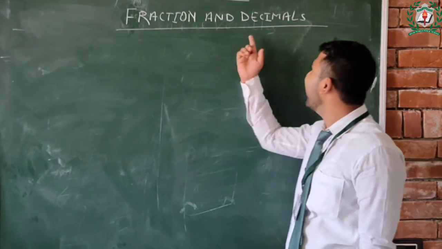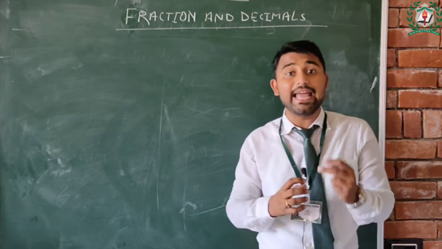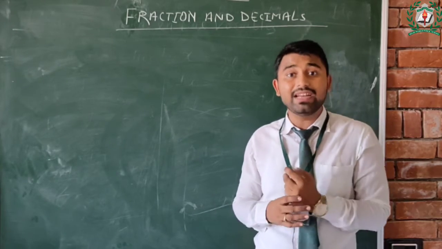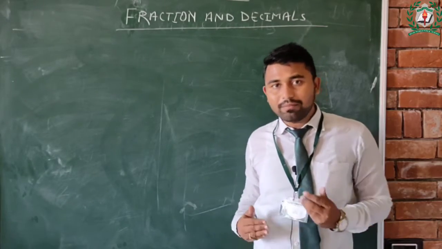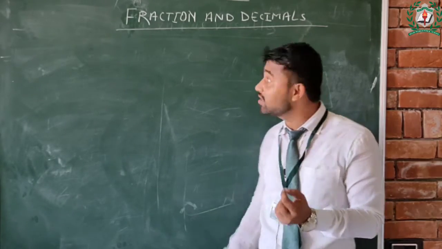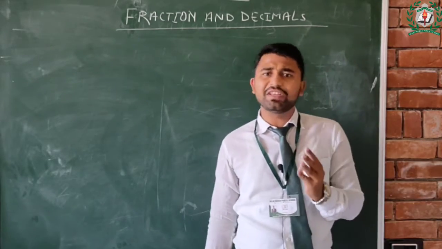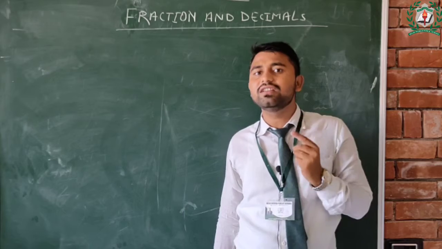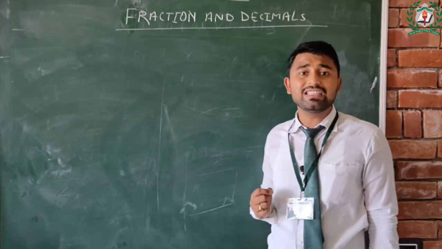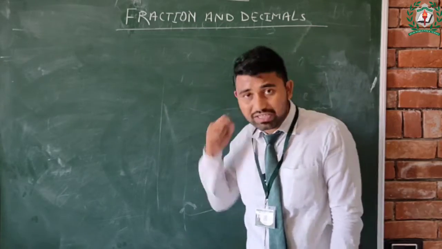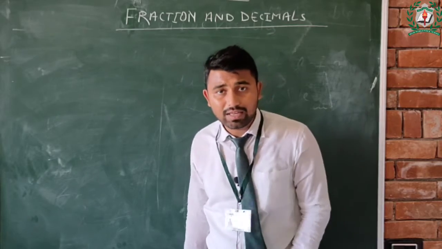is fraction and decimal. So students, how many types of questions can be made from that chapter, we will discuss. Means, the question comes to our mind: how many types of questions can be made from this chapter? So first, there are four operations, you know students: addition, subtraction, multiplication, division. In this chapter we will discuss the addition of fractions, subtraction of fractions, multiplication of fractions and division of